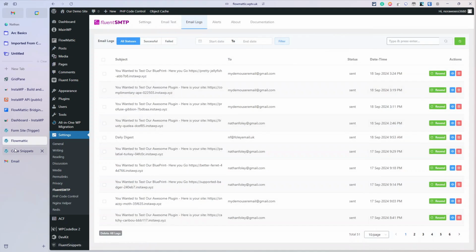So that is creating a site in InstaWP using Flowmattic as your bridge between your form and your InstaWP installation. And that doesn't have to be a web form. I've used a web form because for me they're the easiest way of showing you a trigger and providing the details. That could have been a WooCommerce button, or it could have been a link in one of your members areas to try a plugin before they buy it, or, I don't know, to load a lesson. Maybe you're a tutorial provider or a course provider, and you want to load an InstaWP site